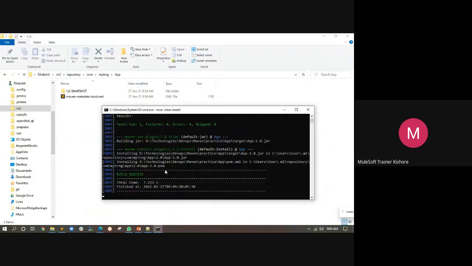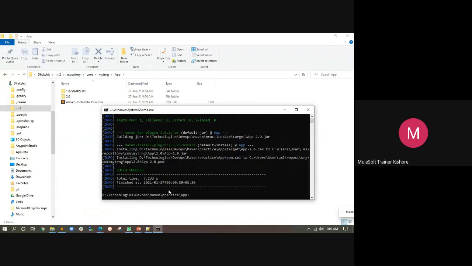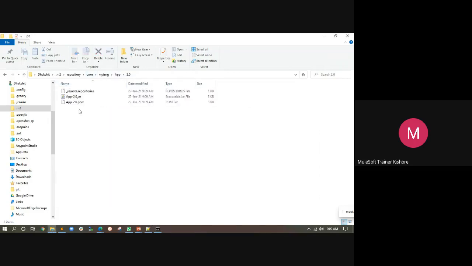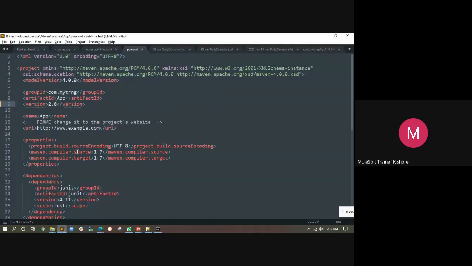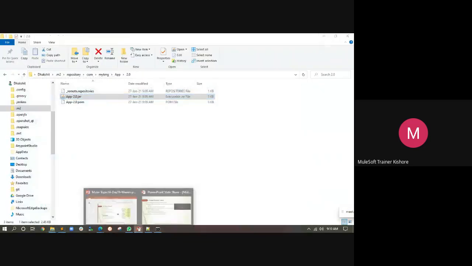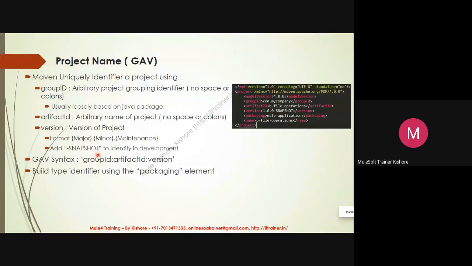Now see this, it's creating a different version, and see this got installed into a different location. So this is a group ID, this is the version, and this is your particular artifact ID. This is how your GAV will be helpful. It's a kind of fully qualified name for your asset, that is GAV.